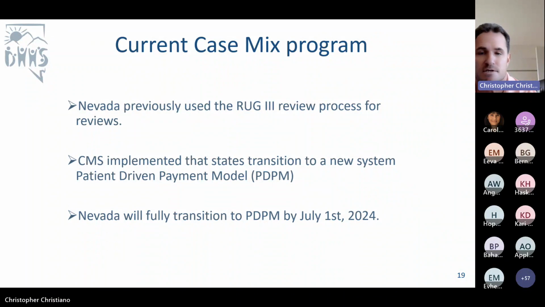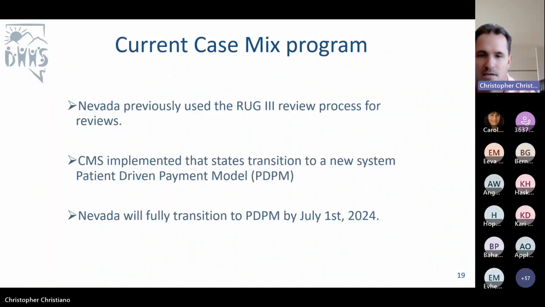We may possibly start doing reviews on that data as well, depending upon how our stakeholder meetings go, as well as if we determine we fully want to implement a remote review process, and if we can do it during that timeline, okay?